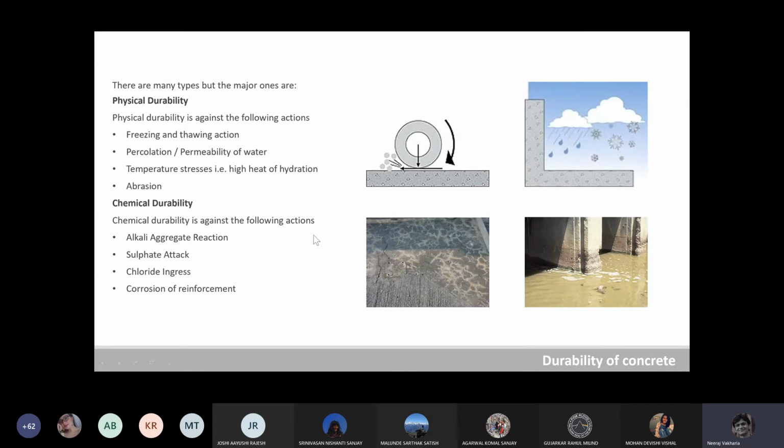So the proper amount of cover and proper type of cement has to be used to resist this. Then alkali aggregate reaction, the first image which you see, these are the cracks which are developed due to high alkali aggregates. So if aggregates were not properly treated or checked before using them, then these kind of things may happen, and cracks may develop. Then corrosion in reinforcement due to the minerals present in water or maybe atmosphere is also going to happen, so that has to be checked before we go ahead with it.